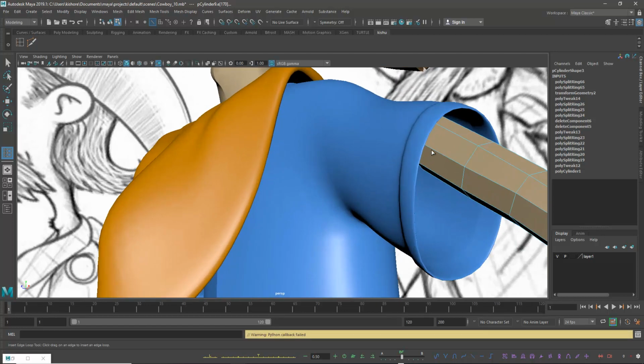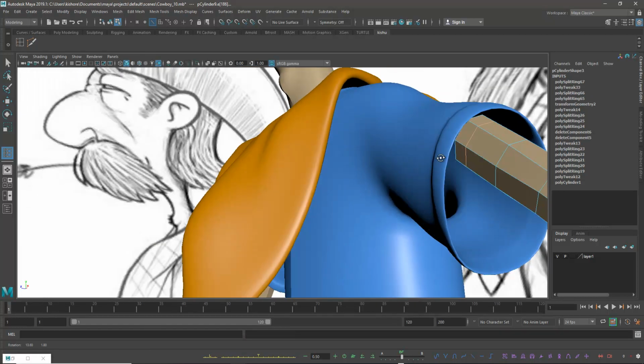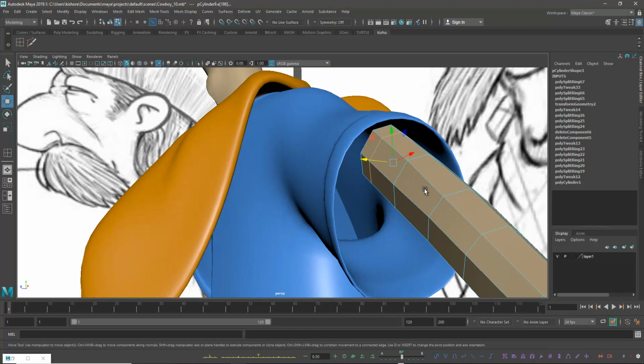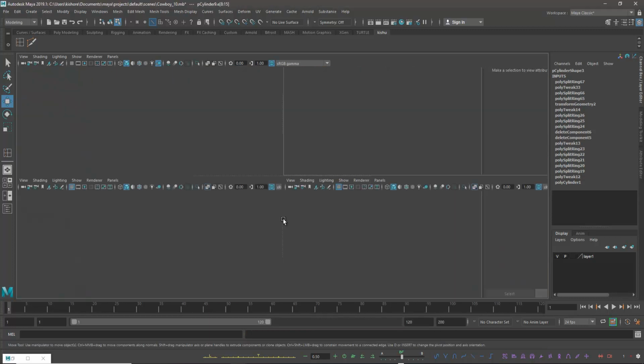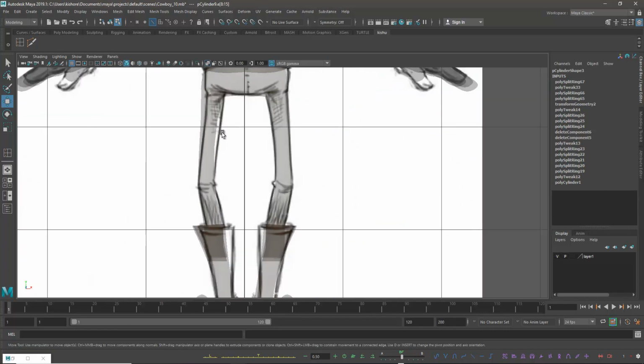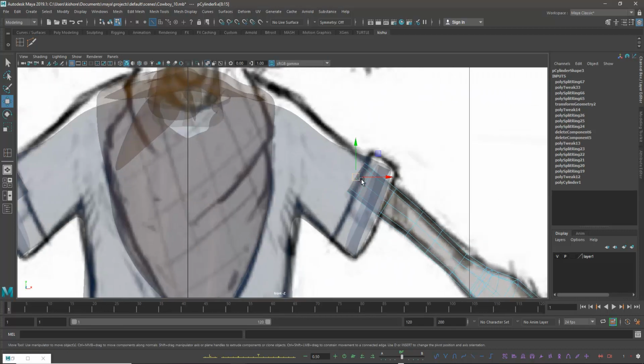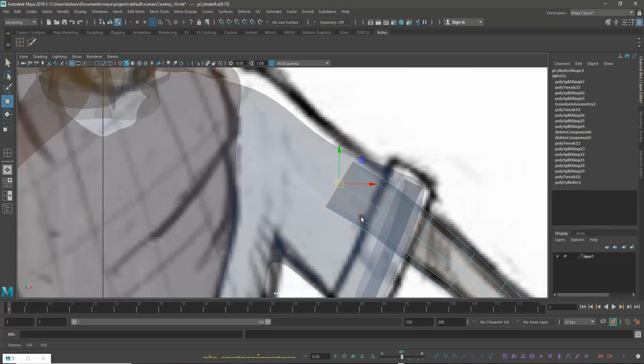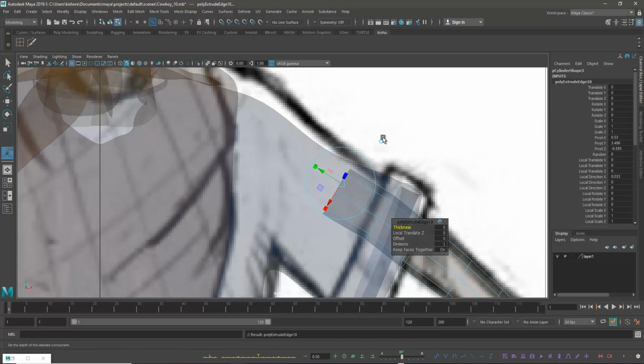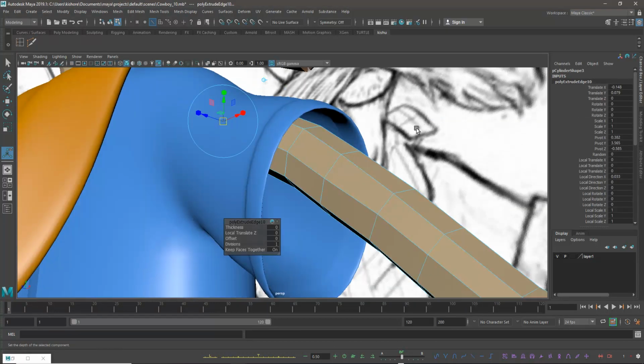As a fresher or beginner, spend more time. Once you get experience, you can improve your speed techniques, but initially spend more time and go slowly. I'm just covering all this till here.